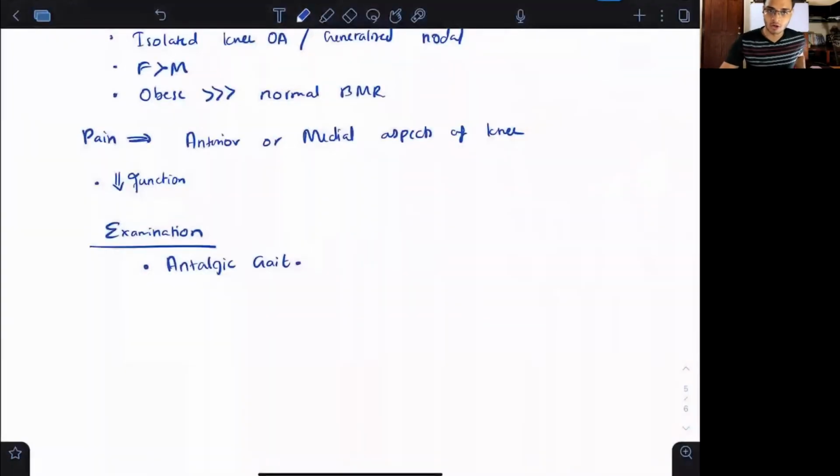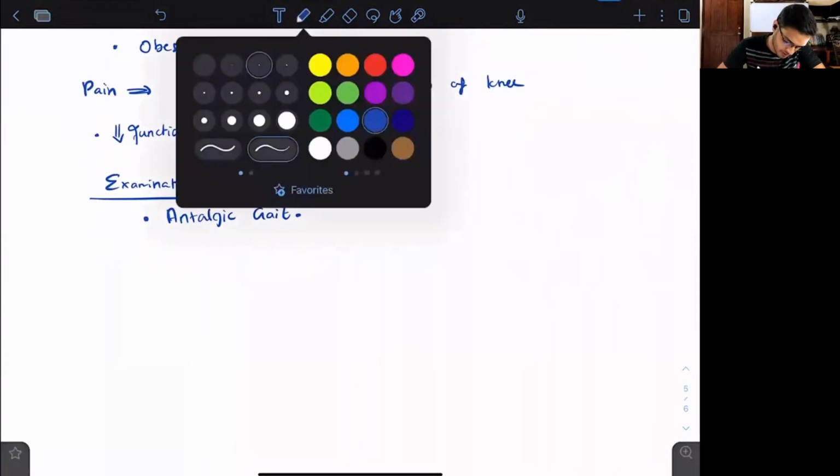Right. So we'll talk about this again in the treatment part, but then we don't need to discuss it again because now you all already know what is going on here with this antalgic gait and its treatment. So always remember, hold the walking stick on the contralateral side to the affected side, right? Then guys, another thing you can observe